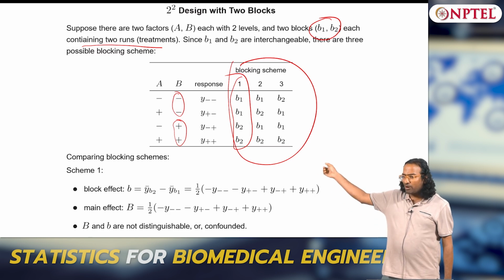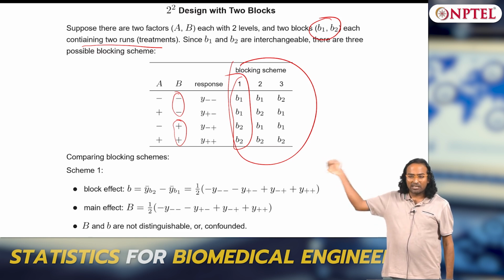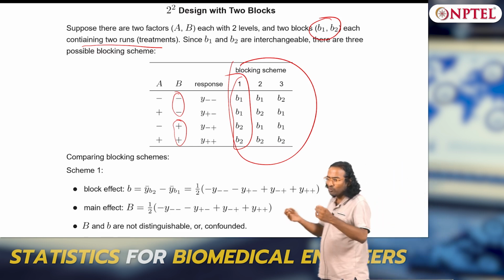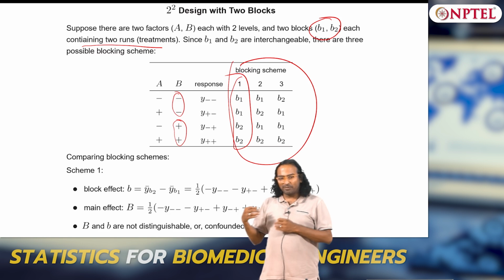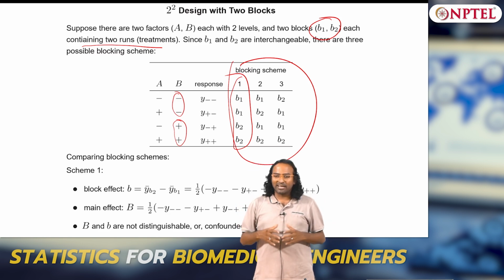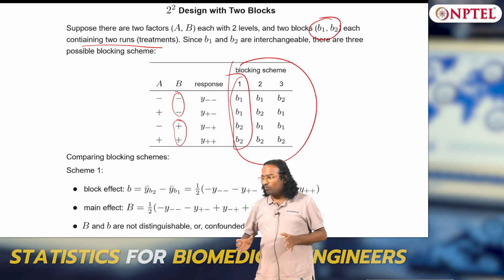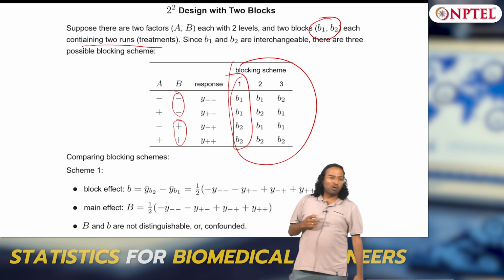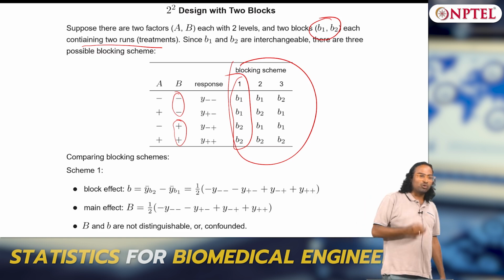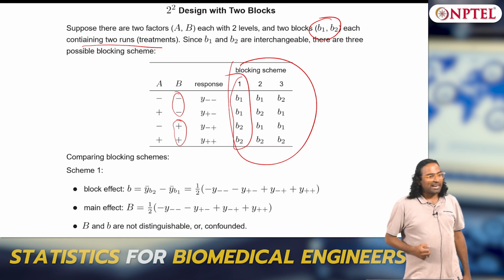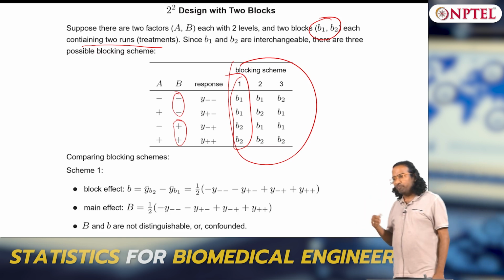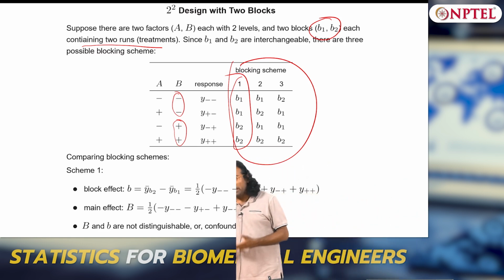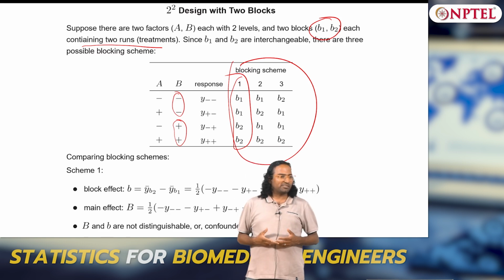You see the table, are you able to see the 3 kinds of blocking scheme? Please pay attention. This is the stepping stone for doing experiments, because when you do experiments, these are the complications you will get. You will not get a neat clean RCBD or ANOVA or whatever. This is where you start performing experiments. So you want to do 2 blocks, simple 2 blocks in a 2 power 2 experiment. There are at least 3 kinds of schemes here: B1 when A is constant, B1 when B is constant, or combinations.